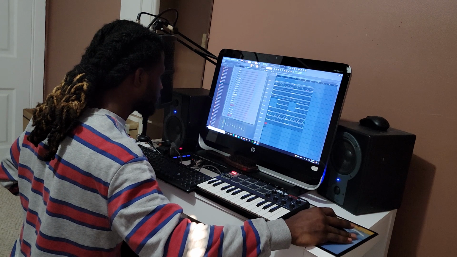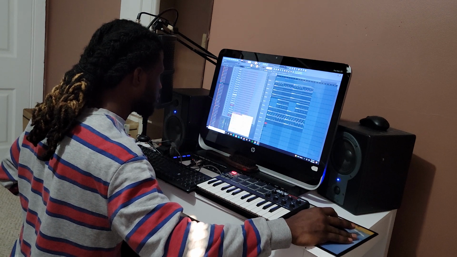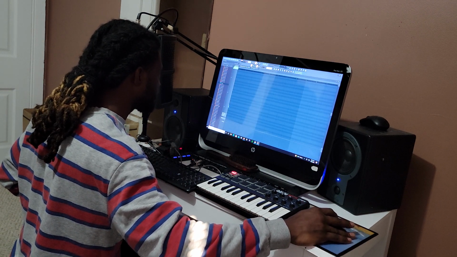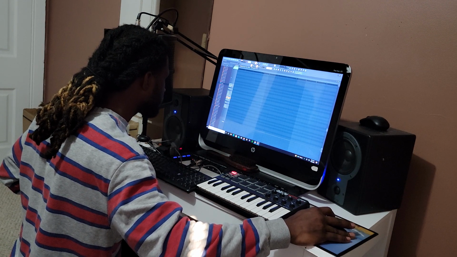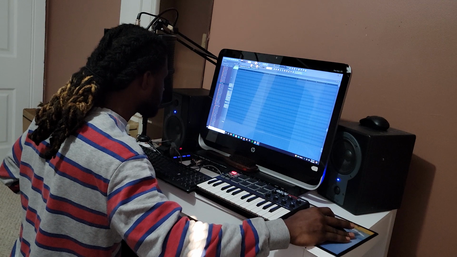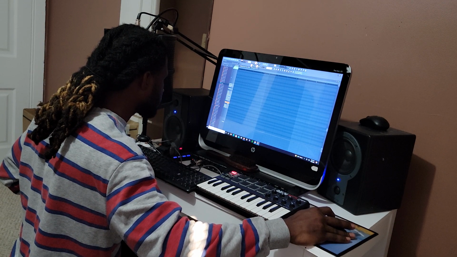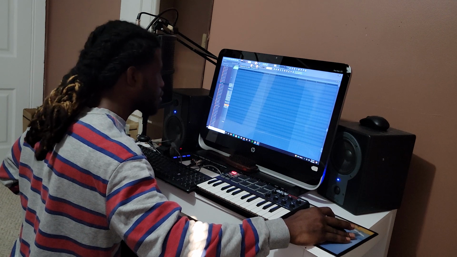See piano roll all the way. Need a snare. Sound more like it.